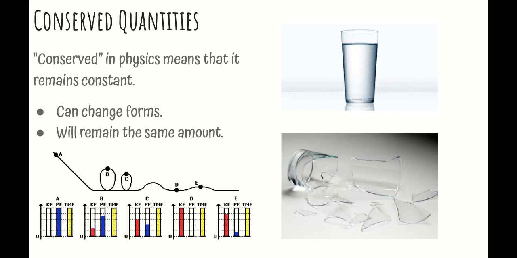So it's no different than the law of conservation of mass. The law of conservation of energy is also something that is true. So if you lose a certain amount of energy, it's not actually going anywhere. You're just changing it into a different form. Okay, so if you have light energy, it eventually turns into heat energy, and then that can turn into some